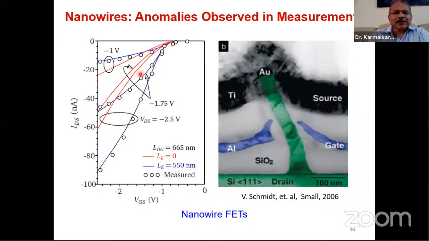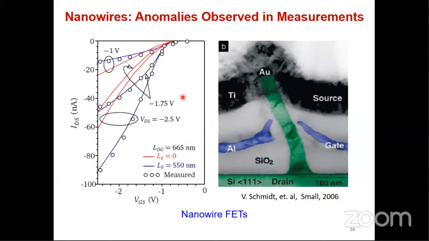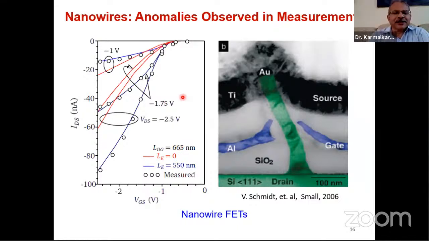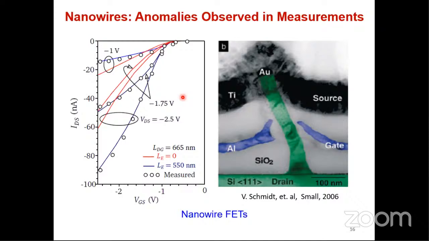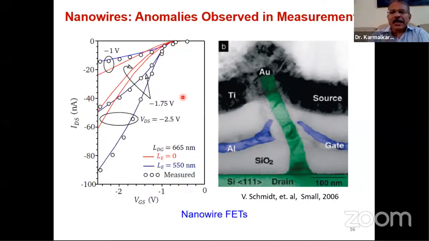A significant change one can see. The drain to gate distance, LDG, is 665 nanometers. So this is the drain and this is the gate. This distance is 665 nanometers, which gives you an idea of the size. Now, here I would like to pause and check whether people have a feel for this. 665 nanometers is 0.665 microns. Now, how much is a micron?